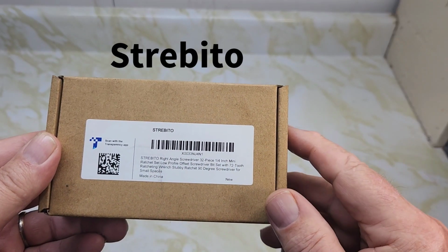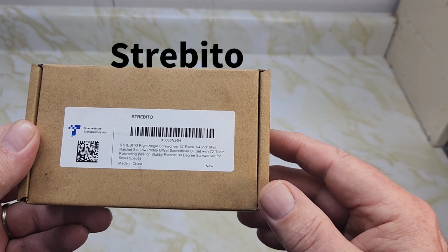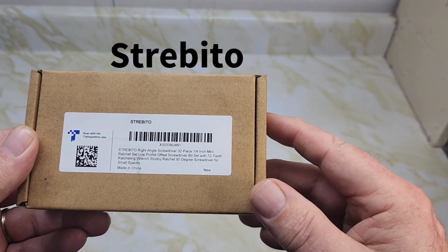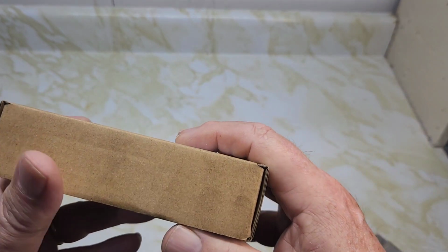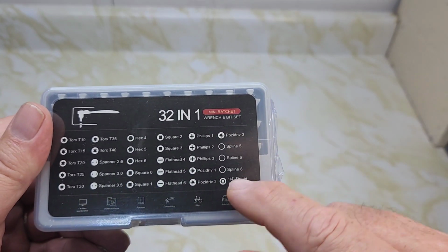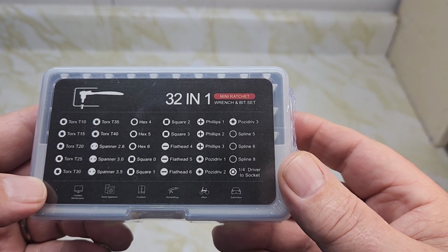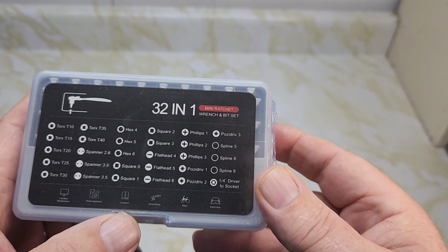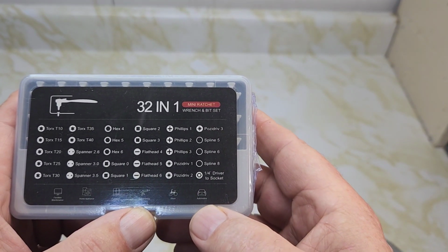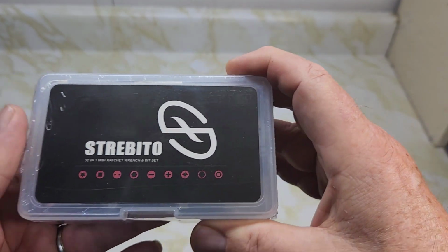This is a Strebito. This is the right angle screwdriver, 32-piece, 1/4-inch mini ratcheting set, low profile, and made in China, but off Amazon for $21 Canadian. Take a look at this inside this package here. Shows you all the different screws, the bits you get, and it shows you all the different things you can use it on: computers, new appliances, furniture, bicycle, car, and gunsmithing here. So we'll take a look at this today. Nice little compact set here,